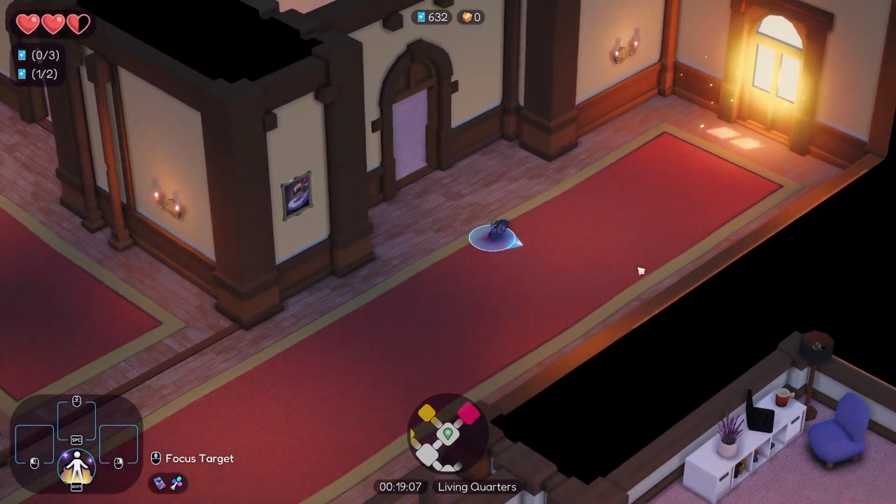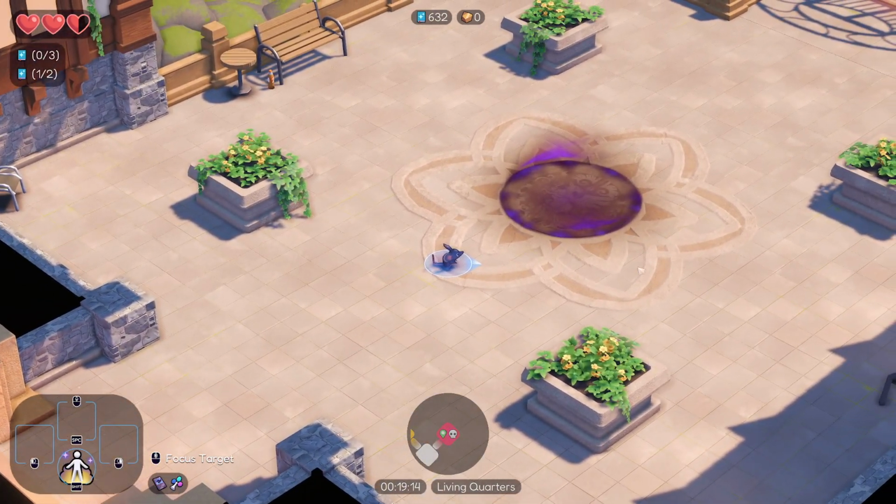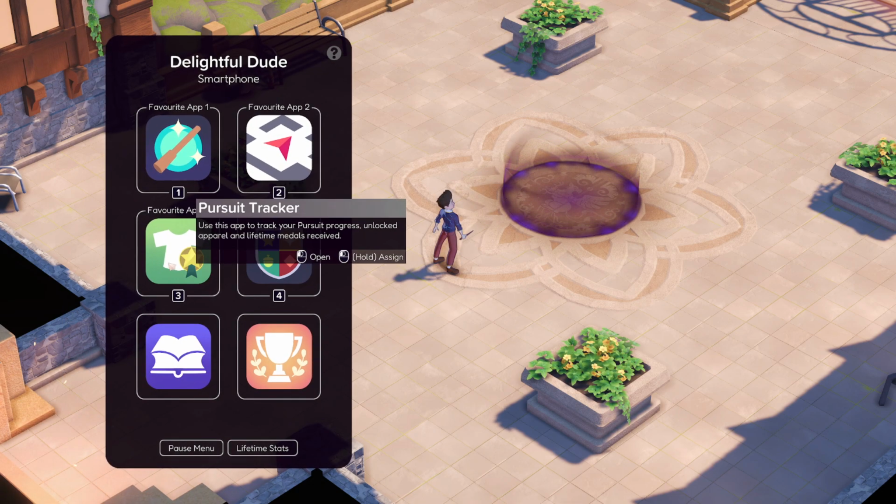Living quarters. I was calling them the student dorms, pretty much what they are. So I don't want to be in ratty form for this. I don't think. Shift to transform out. What do I want? Levitation could be helpful. Magic missile, I wasn't seeing the benefit of it. If I go over to...